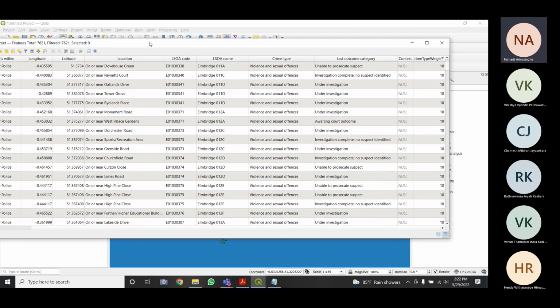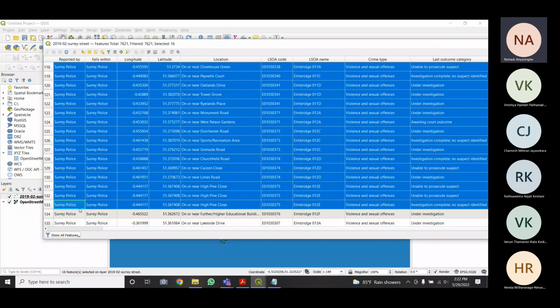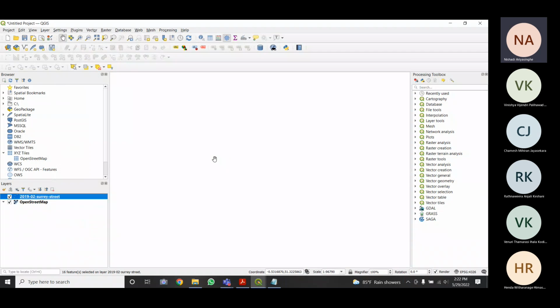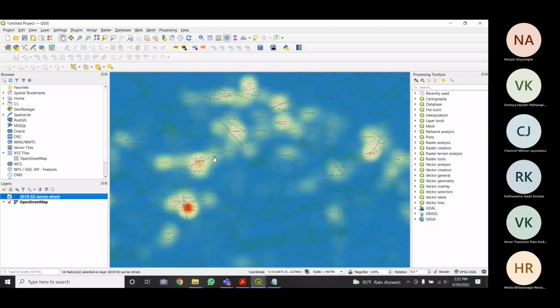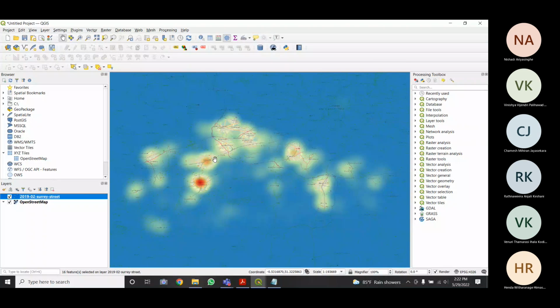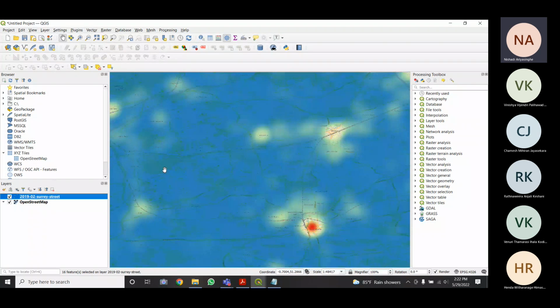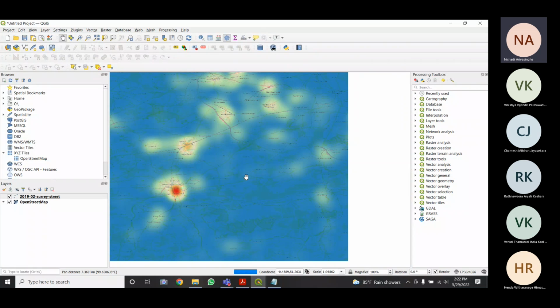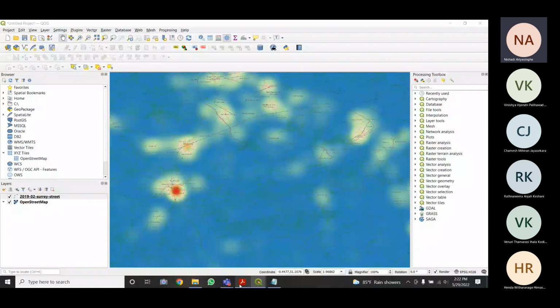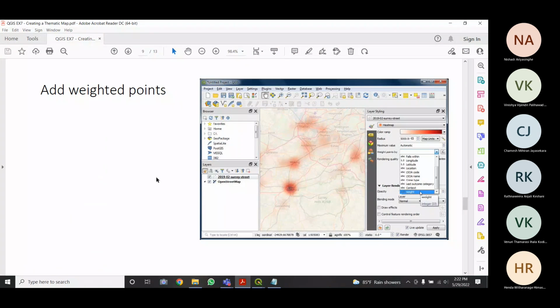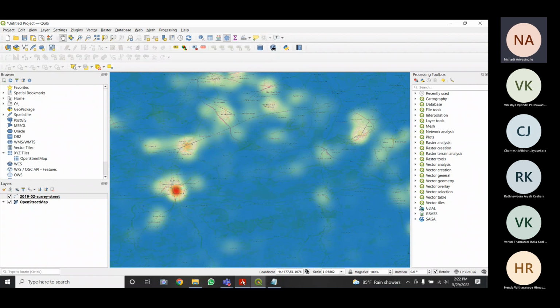Okay, so if I just randomly select these points and check if I can see in my heat map. Yeah, I might not be able to select the points clearly because they have been converted into the heat map. So like that, you can add weights to certain data and change the heat map according to the way that you need to explain it, right?